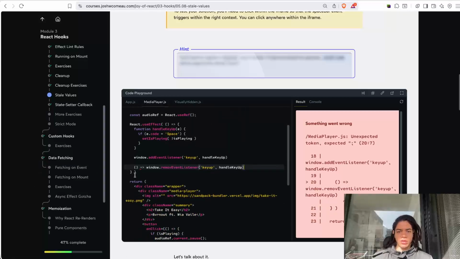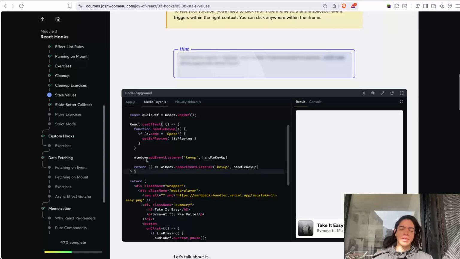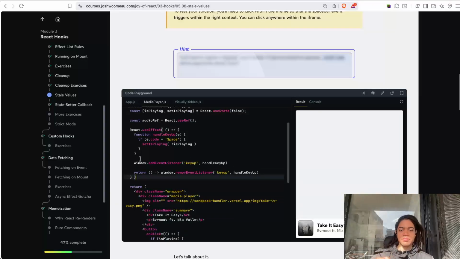What happened here is that I need to return this as a function, right? This will trigger every time there is a re-rendering. So in other words, it's going to call this function, and the function is going to register these components. When there is a state update, it's going to remove that event listener and create a new one. This process is done over and over anytime the component is updated. So if I go here and then hit the spacebar,